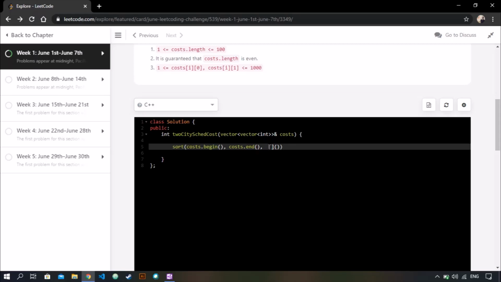So the brackets tell the C++ compiler that a lambda expression is here.